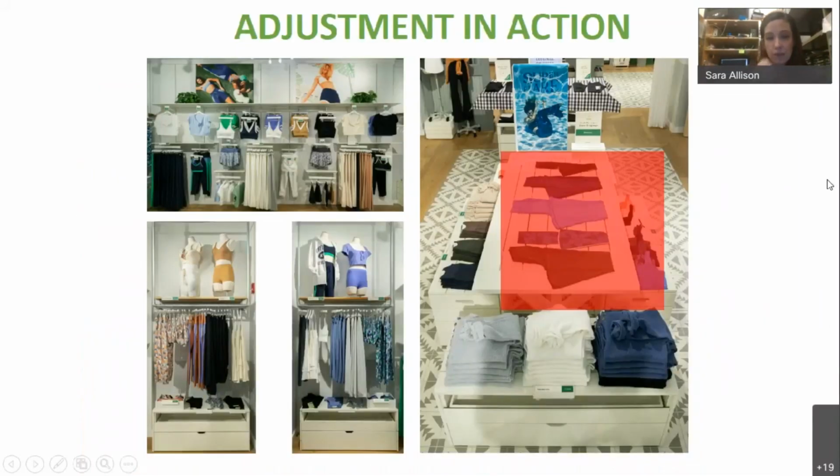Okay, so the last thing we're gonna look at is another little example of an adjustment in action. This is kind of taking all the things together, hopefully. So first of all, here we're looking at really the table on the right, where we're starting to sell through in these flares that are on the tabletop. And just for reference, we're showing the rest of the shop here.